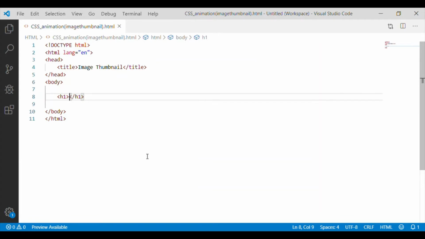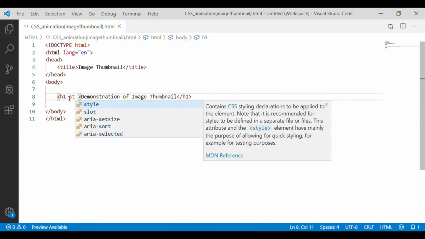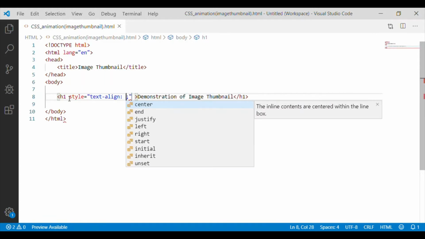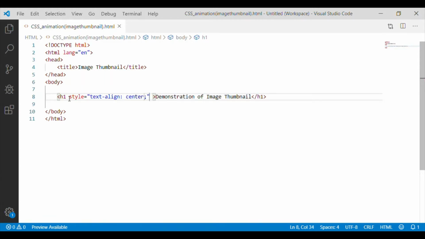So coming to the HTML and CSS portion to implement this image thumbnail. First let me give a heading for the page as demonstration of image thumbnail, styling to make it display at the center.